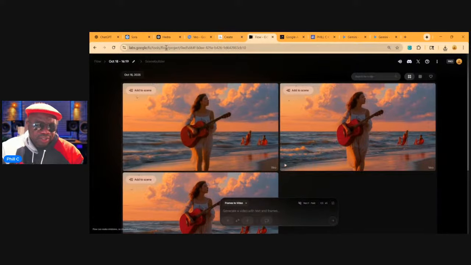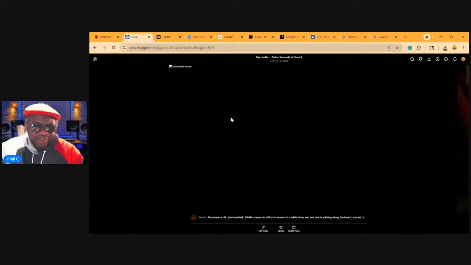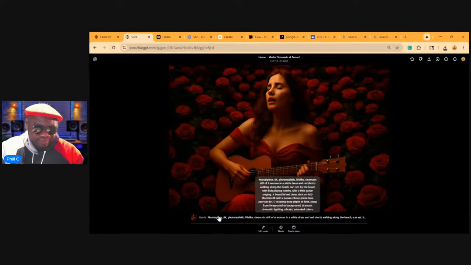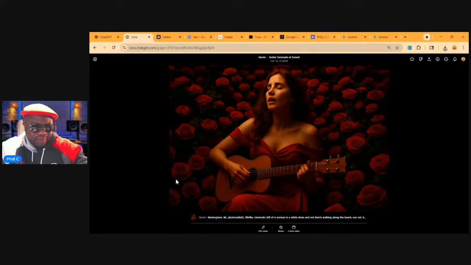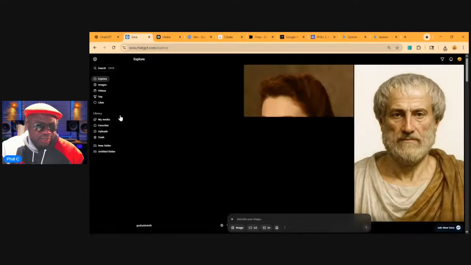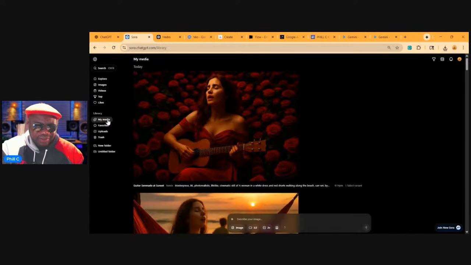I could do another in Sora. I might as well, since it's taken this long. We could do another with this same theme. So let me come out of here and let's look at what we have in the library, because I don't want to cut any of the steps.